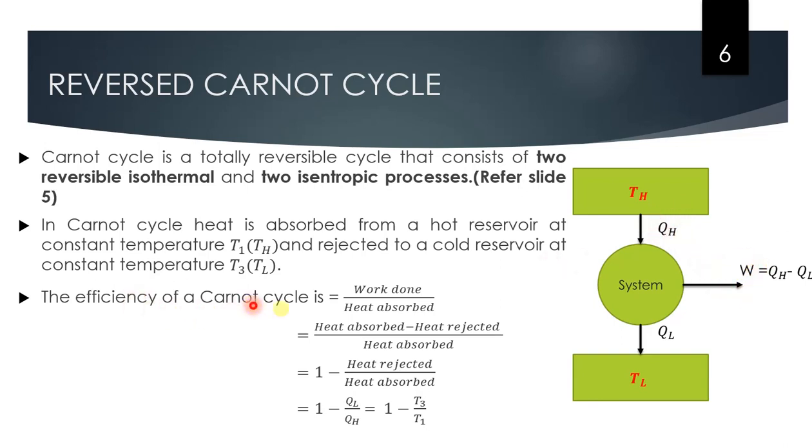So efficiency is work done by heat absorbed, because efficiency is equal to output by input. So what is the output, what is the input? Okay, so here work done is equal to heat absorbed minus heat rejected, and that divided by heat absorbed, and we get the efficiency is equal to 1 minus T3 by T1. So in a reversed Carnot cycle, in a Carnot cycle, the heat is given to the system and work is